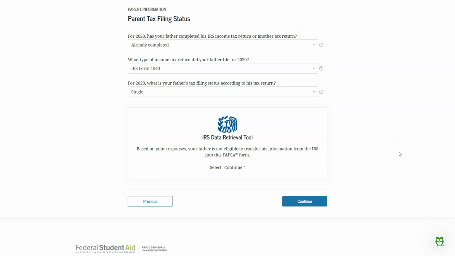Once you enter in this information, it will determine if you are eligible to use the IRS data retrieval tool or not. The IRS data retrieval tool is a tool that will link your parents' taxes directly to your FAFSA application, so it will import all of their tax information and it will save you a lot of time. So if you are eligible to use the IRS data retrieval tool for either yourself or your parents, it is strongly recommended that you do continue and select yes, that you do want to use the IRS data